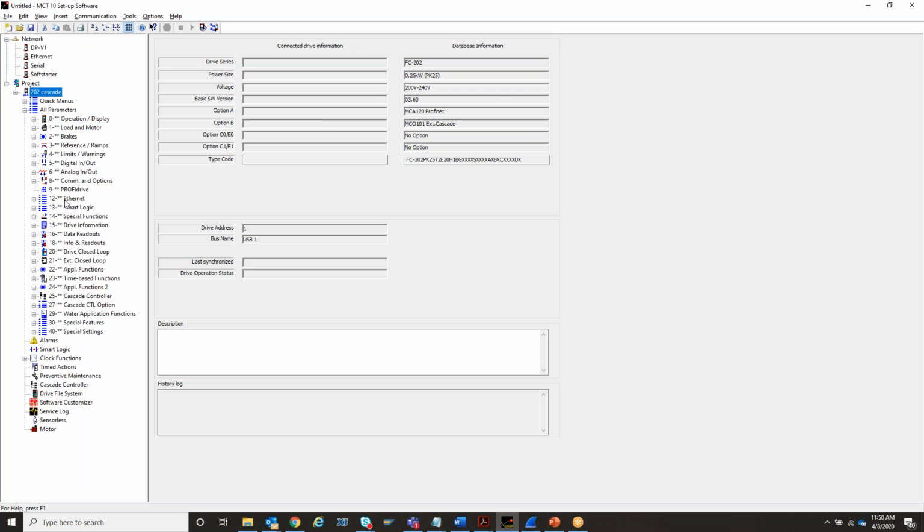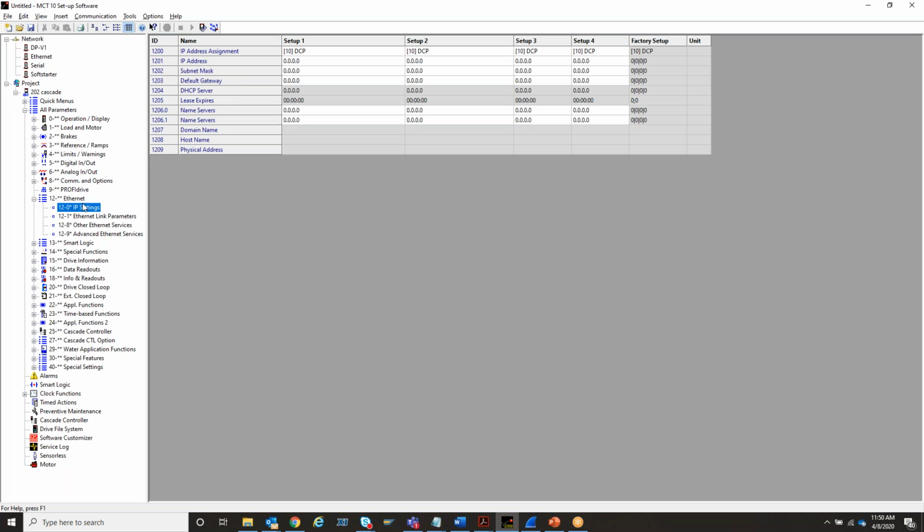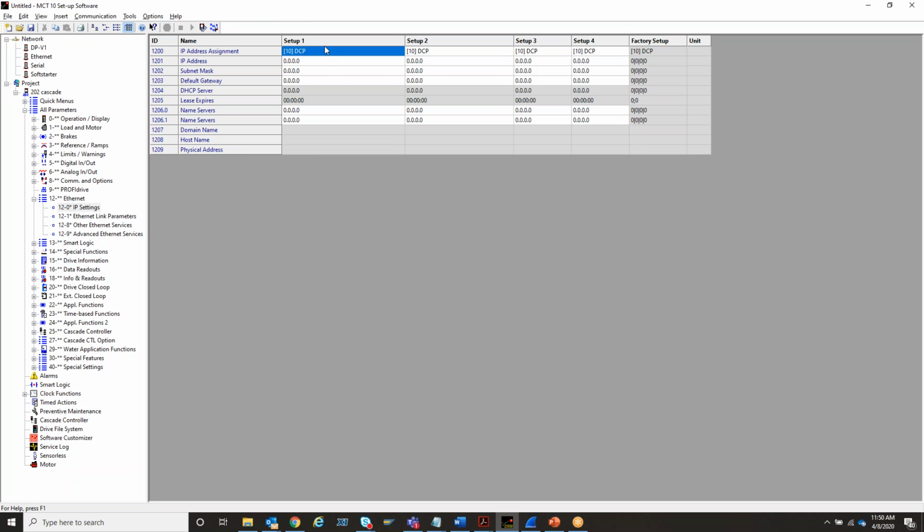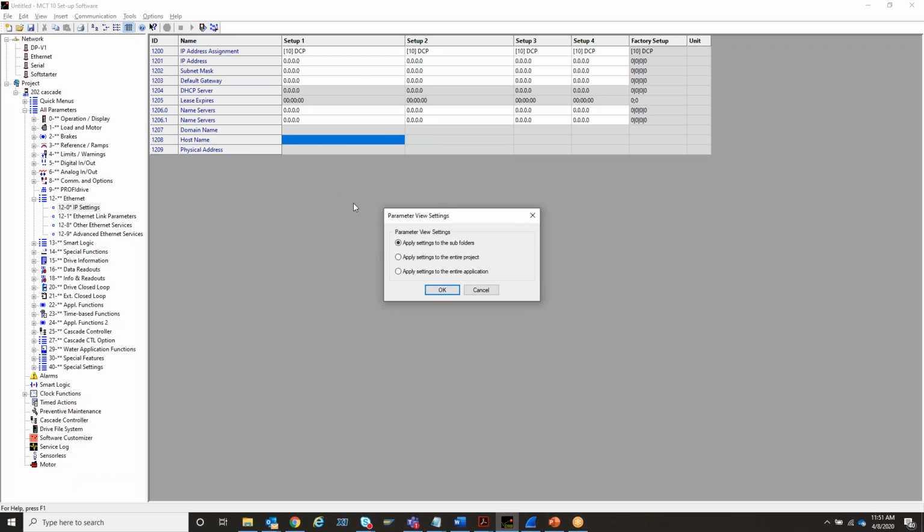So in the Ethernet connections, as you see, it's already DCP. I will leave this alone. There is still manual or static DHCP and BootP, but Siemens PLC uses this DCP addressing. And then we can set the host name. Is this one offline? It's not allowed here, but I can set it through the drive. I have to look at that one later. But I'm not on a live drive, so